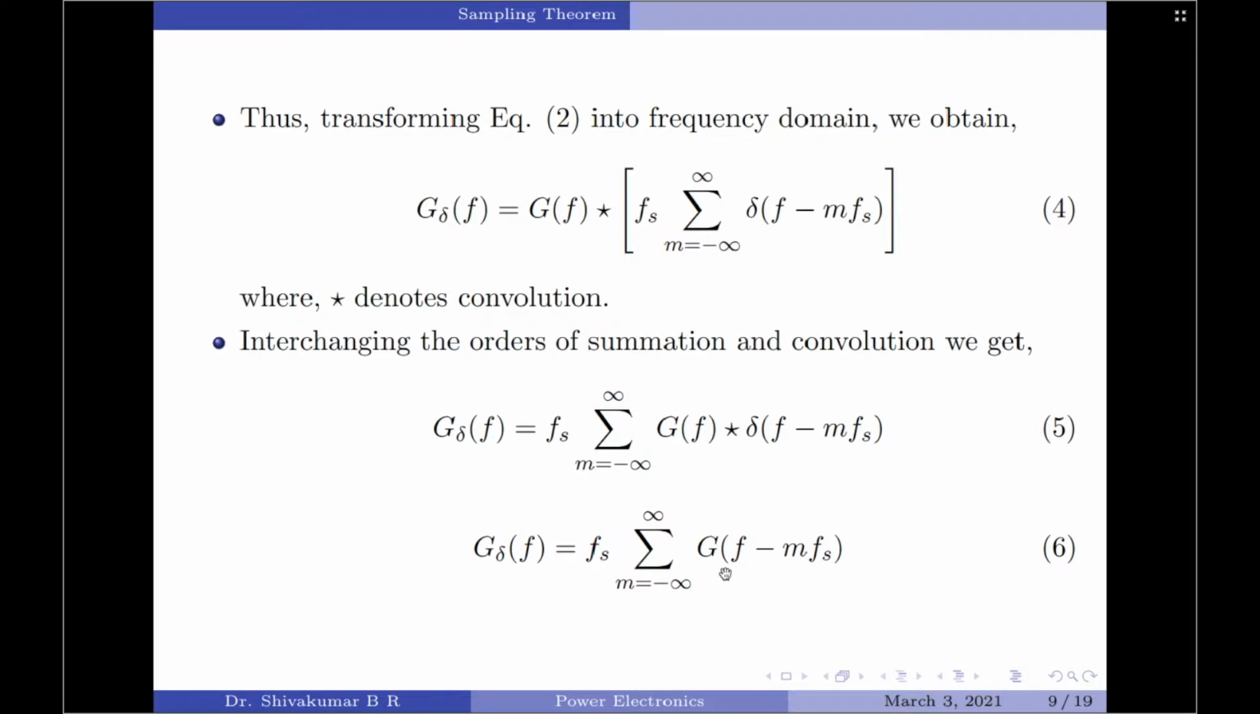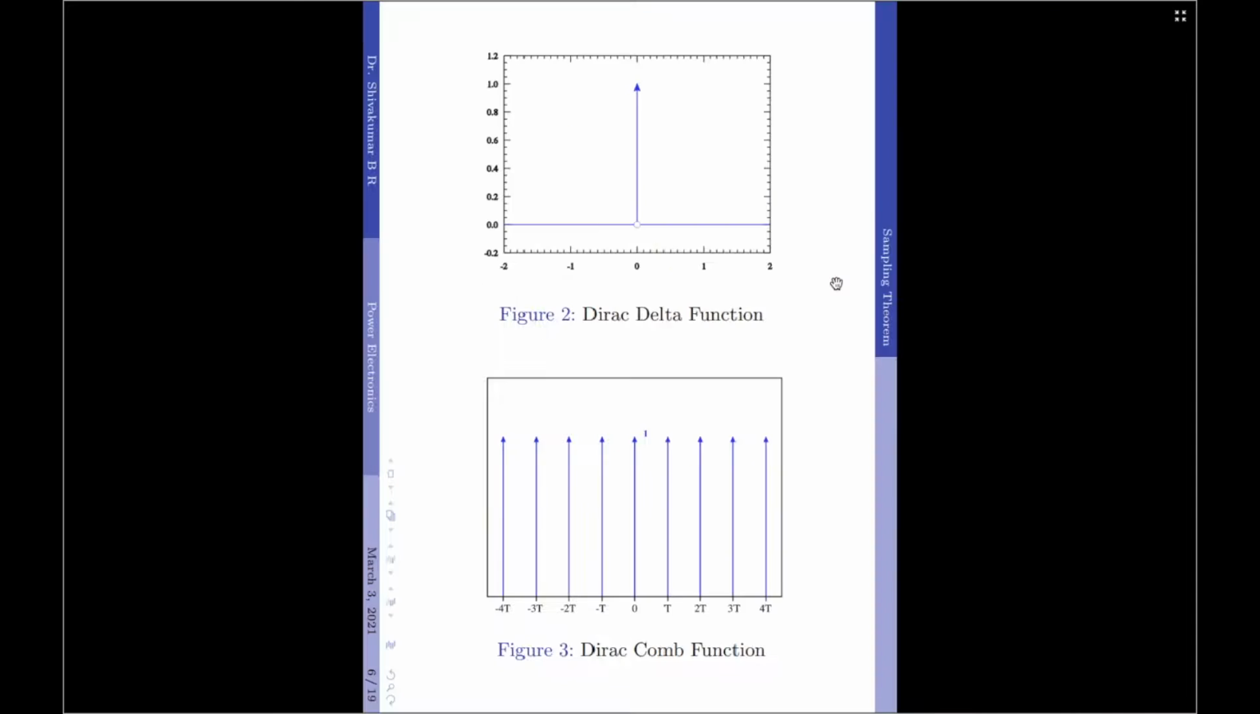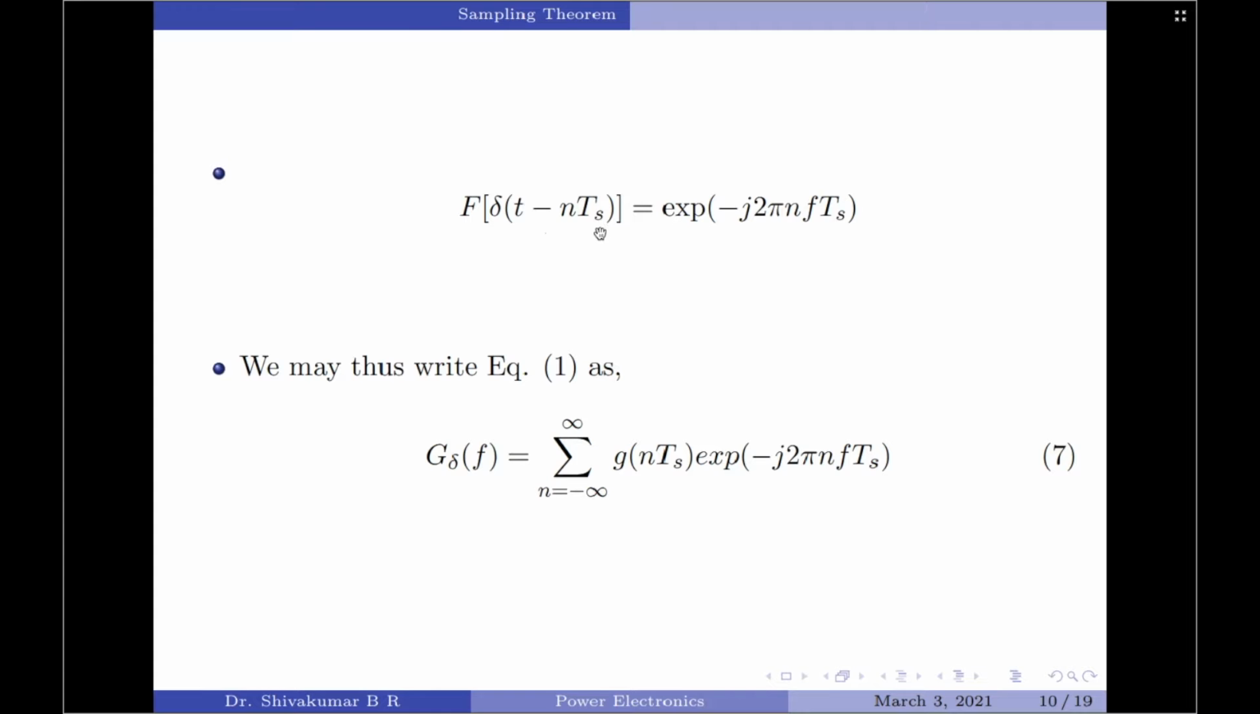Now, let us go back and look at the equation once again. We can obtain another useful expression for the Fourier transform of G delta of f by taking the Fourier transform on both sides of equation 1 and noting that the Fourier transform of the delta function, delta of t minus n Ts, is given by exponential of minus j 2 pi n f Ts. So, now I am going to apply Fourier transform on equation 1 and substitute the delta of t minus n Ts term by exponential of minus j 2 pi n f Ts, and this will create this equation,